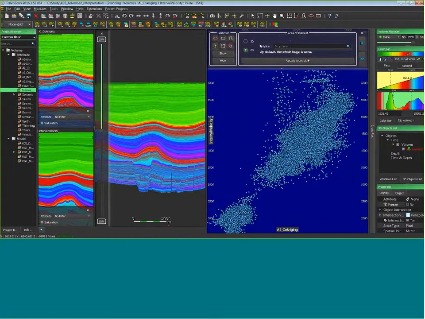If I want, I can create a polyline to compute the crossplot within my polyline. But because we work with 3D objects, you can do 3D selection like this.